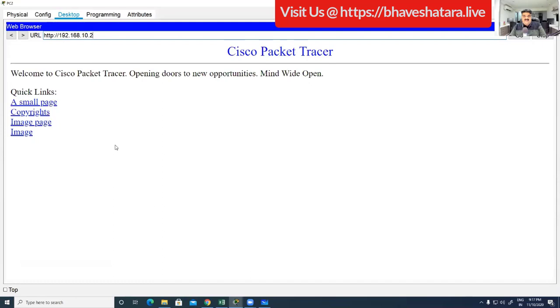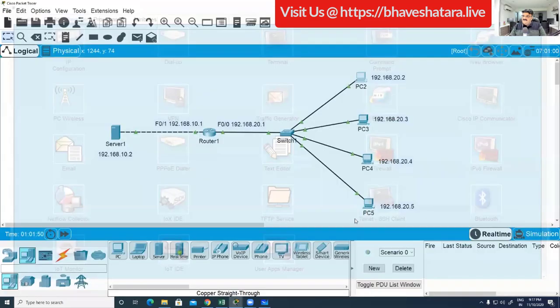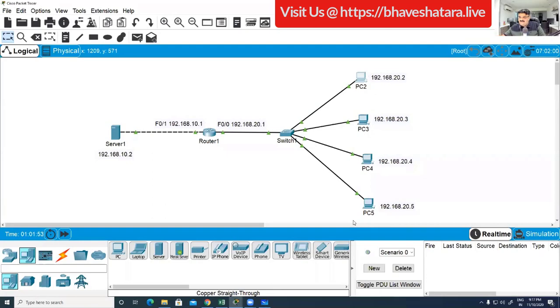And I will explain this also, like how the port number works, maybe in the EIGRP video. In one previous video I already explained this port number and all this, right? So 10.2 means when you are opening a website,